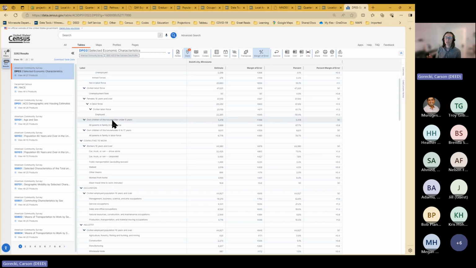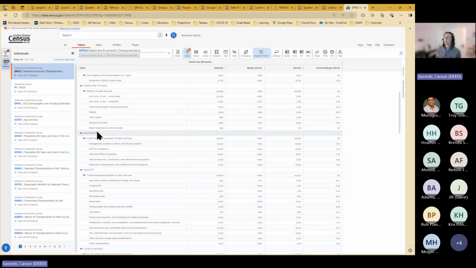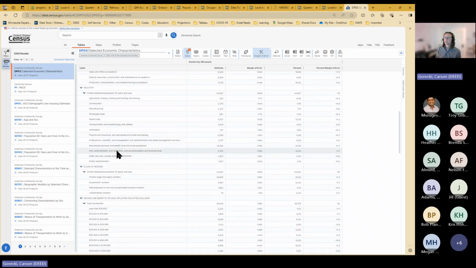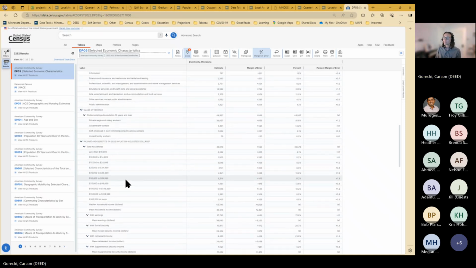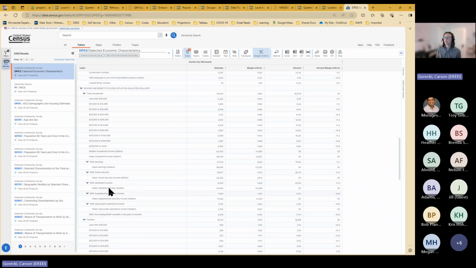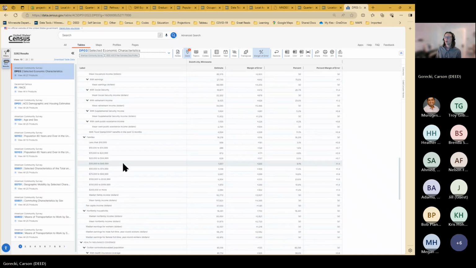If you have 2 people working, you might have a higher demand for childcare, or if it's not 2 people, maybe you want 2 people to be working, and that could also be a way to measure demand in childcare. Occupations, industry, so we talk about that. Class of workers, so that's whether you're private, government, self-employed, so this is where you can get some self-employed data. Unpaid family workers. Information on income, all types of sources, median household income you can get here, and how much